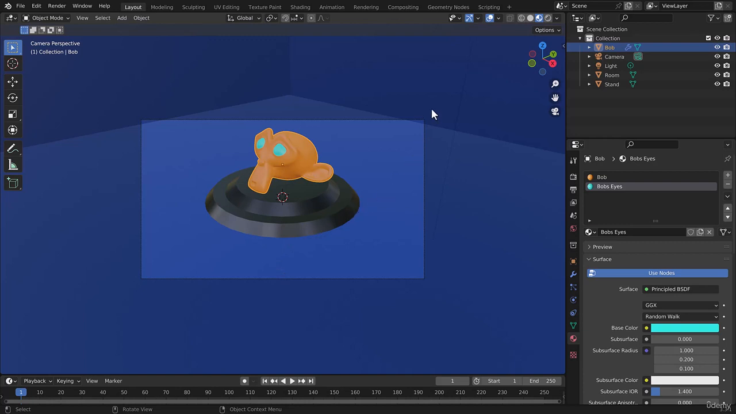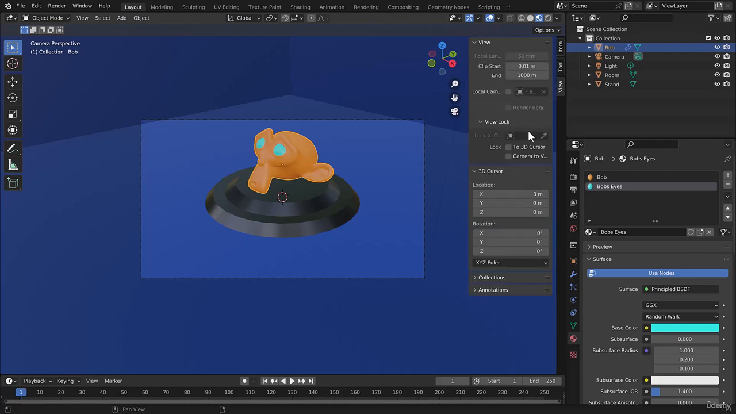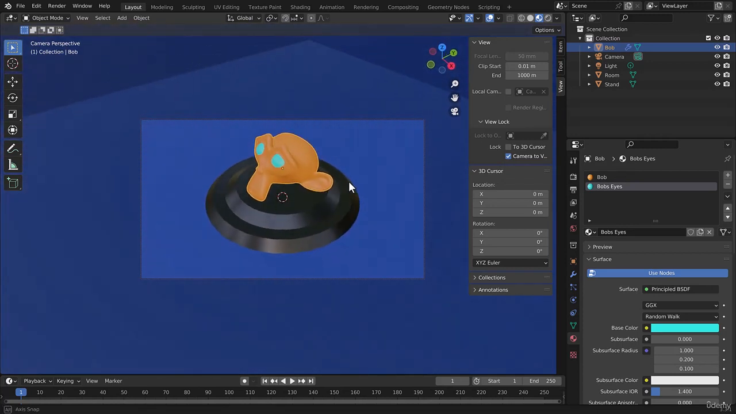The easiest way to do this is to open up the side panel by pressing the N key. Then we're going to go to the View tab. We have several tabs here within the side panel, and the third of these is the View tab. Left click and there'll be an option under View Lock that's labelled Lock Camera to View. We're going to left click this option,